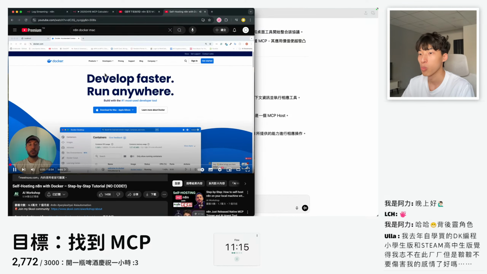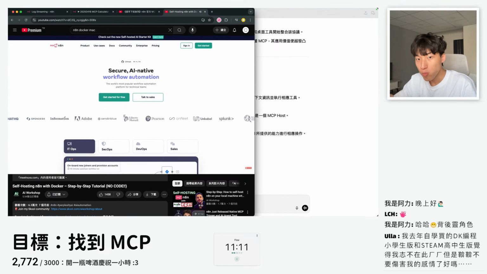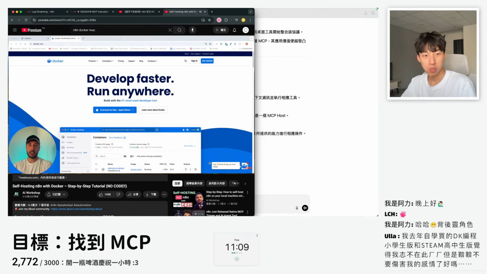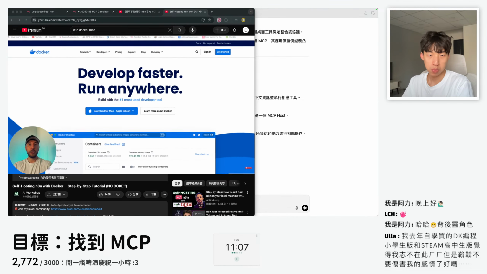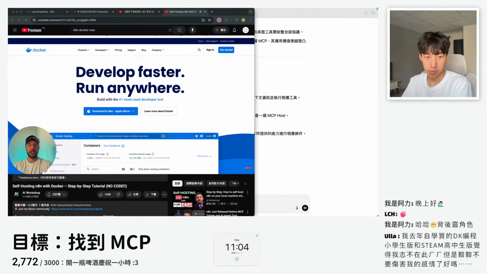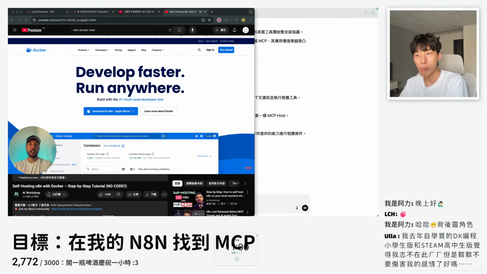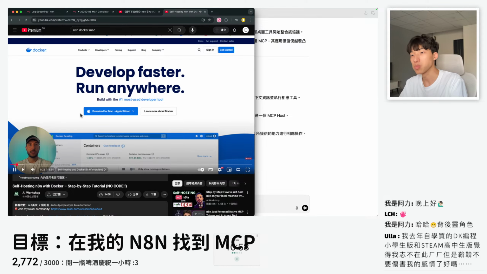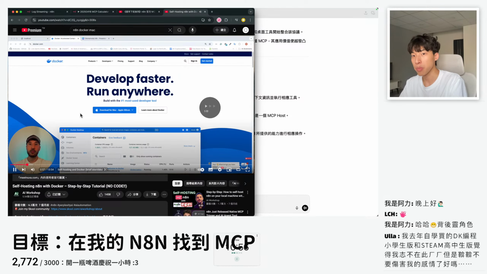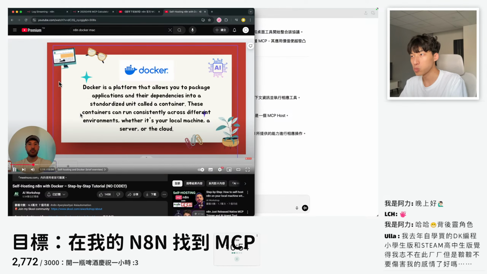Desktop app. In this tutorial, I'm going to show you a very easy way to self-host N8N on your local machine using the Docker desktop app. If you're not familiar with Docker, don't worry, I'll explain everything step by step. This is going to be a completely no-code solution, meaning we're going to utilize the Docker desktop from start to finish. I just want to quickly introduce what Docker is and why